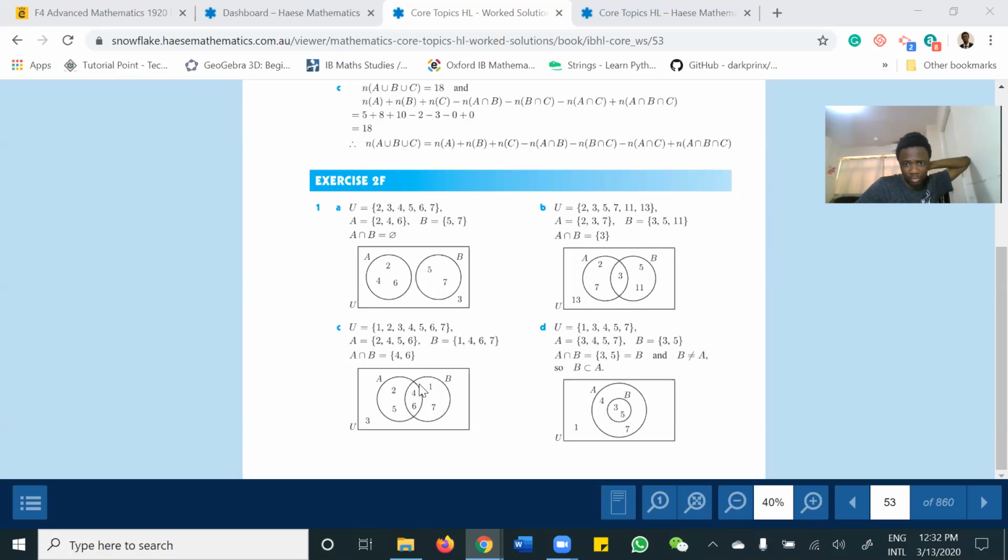Similarly for C and D, if you look at A and B here, everything in B can be found in A. So it means B is inside A. That's why the diagram shows it like that. So if B is inside A, what is left inside A, not in B, would be outside of B but still inside of A. And then you look at your universal set: what you have not taken care of from A and B should be outside A and B, but within the rectangle showing the universal set. Does that clarify what we did?